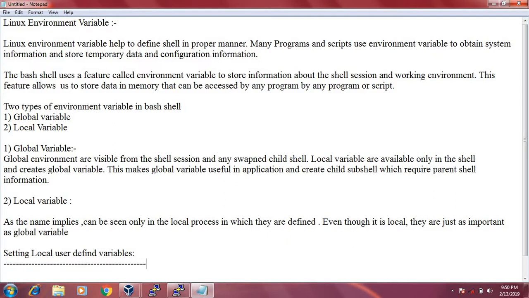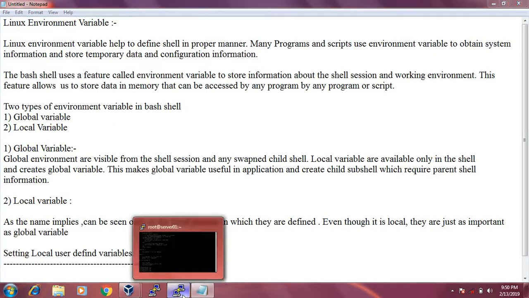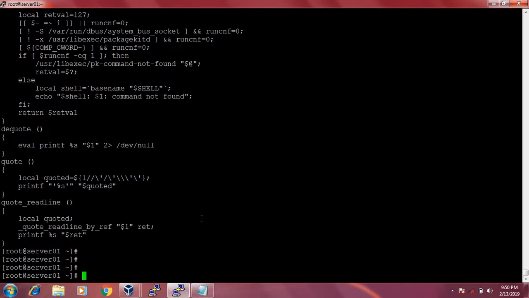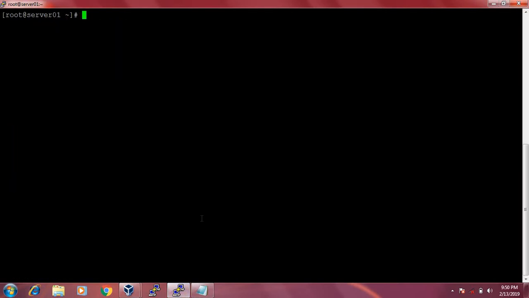We can assign either a numeric or a string value. Let's clear this. We can assign either a numeric or string value to an environment variable by assigning the variable a value using the equal sign. Like if I type echo,